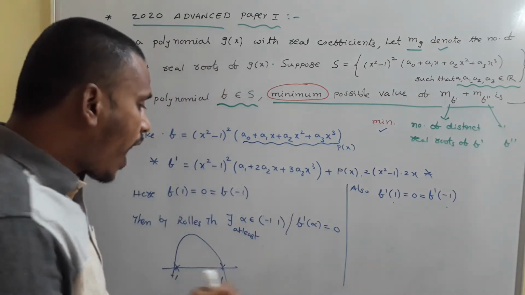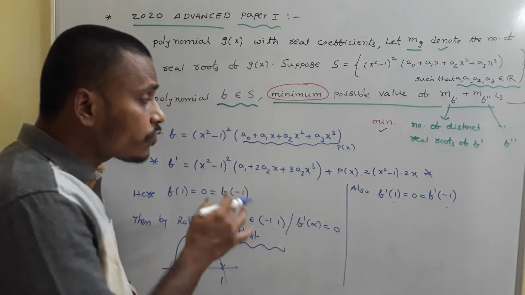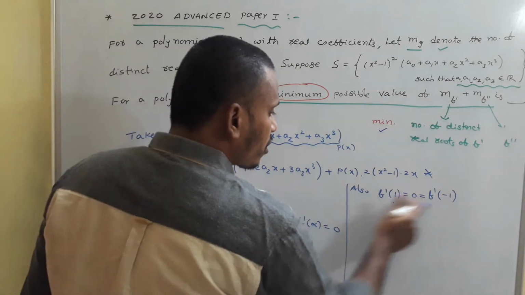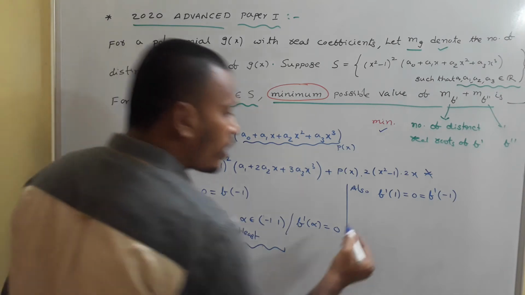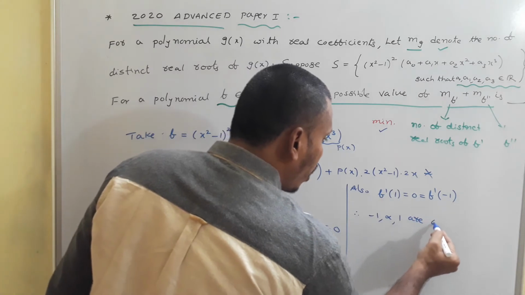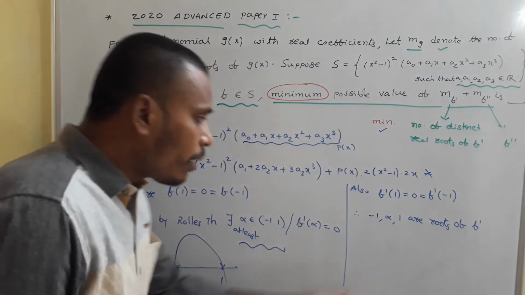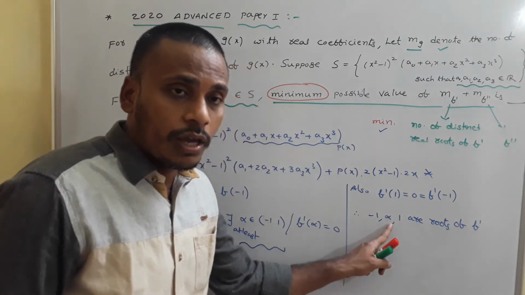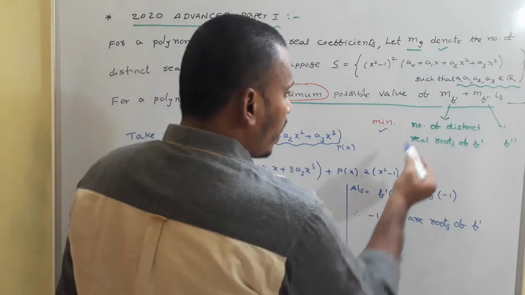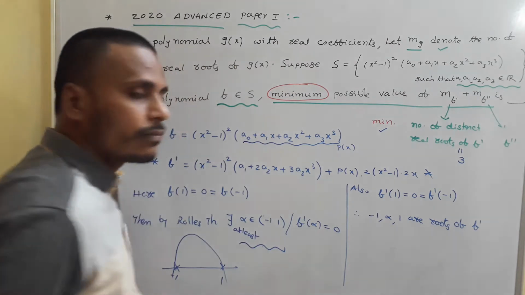Along with these two roots, I have one more root, and that is alpha. There exist many more roots also, but since we are searching for minimum, you just consider at least one root, and that is alpha. So from this discussion, 1 and minus 1 are roots, and alpha is a root. Therefore, I conclude minus 1, alpha, 1 are roots of f dash. There may be more roots instead of this alpha, but since we are searching for minimum, it is enough to consider at least one alpha. That in turn represents that the number of distinct real roots of f dash is 3, because it has only 3 roots. Is it clear?